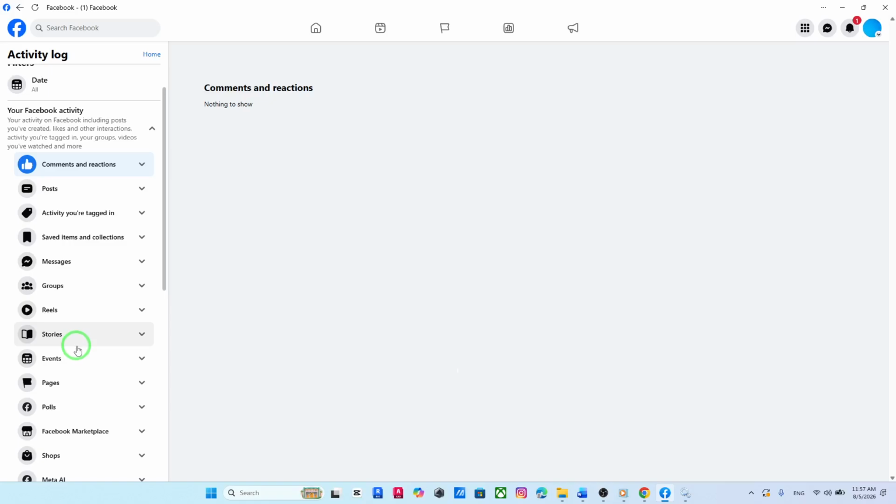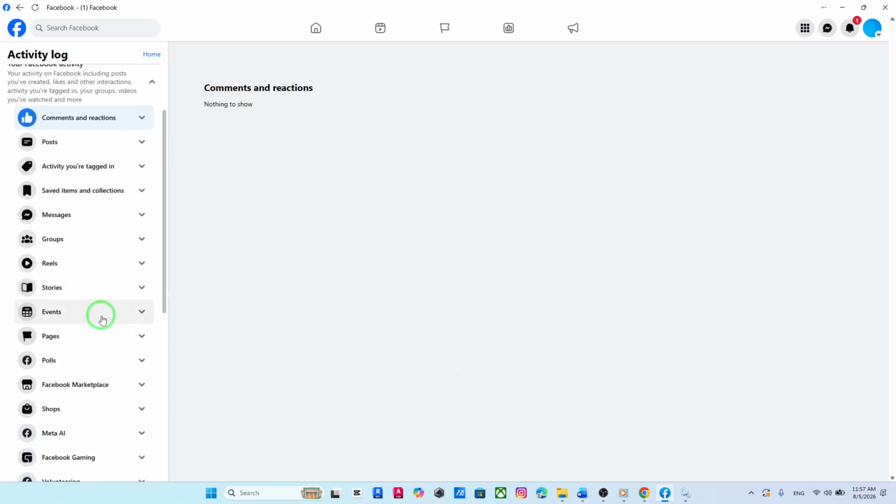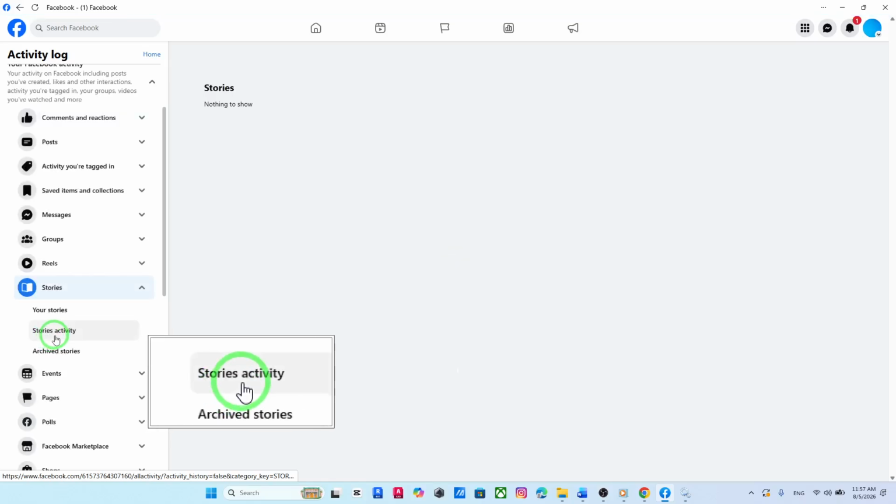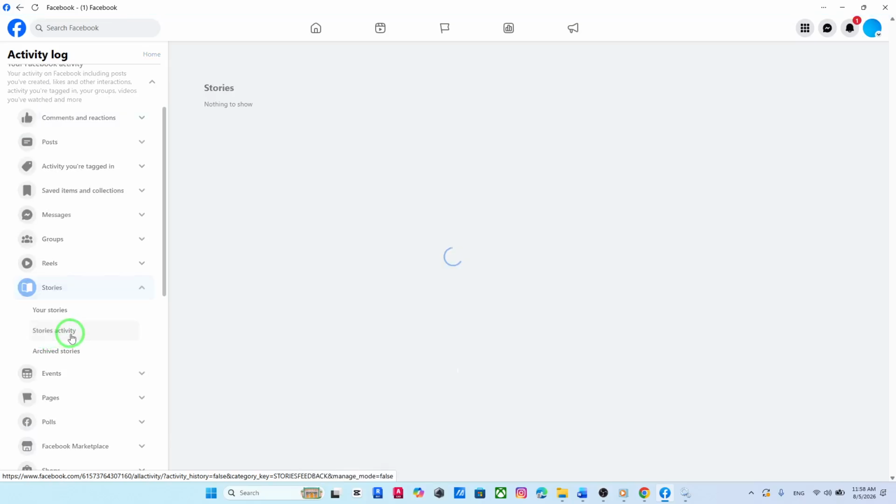Now Facebook will show you categories of activity tied to your profile, so you can narrow down exactly what you want to see. After that, click on Stories. Then enter Stories Activity. This is the section where you can find all of your story-related actions in one place. Here, you may see the stories you have posted, viewed, or interacted with